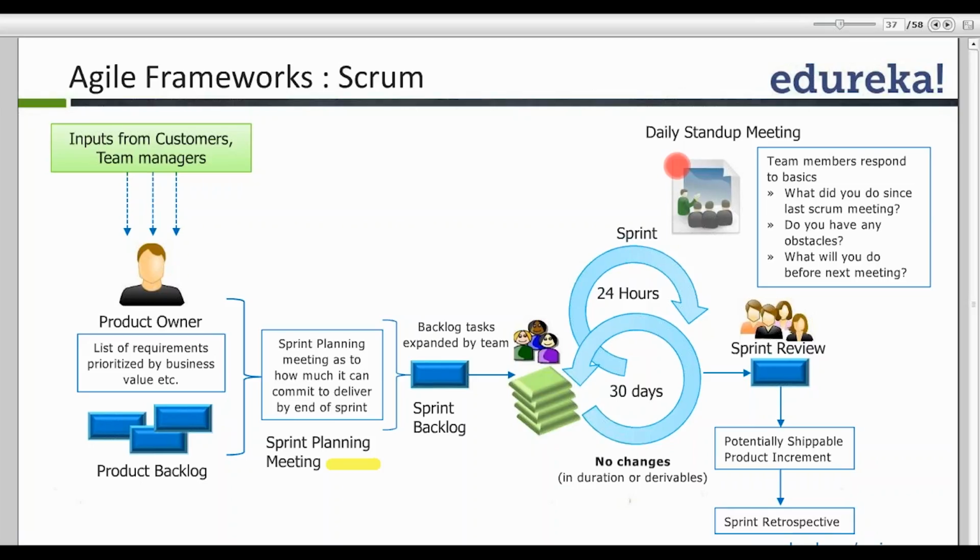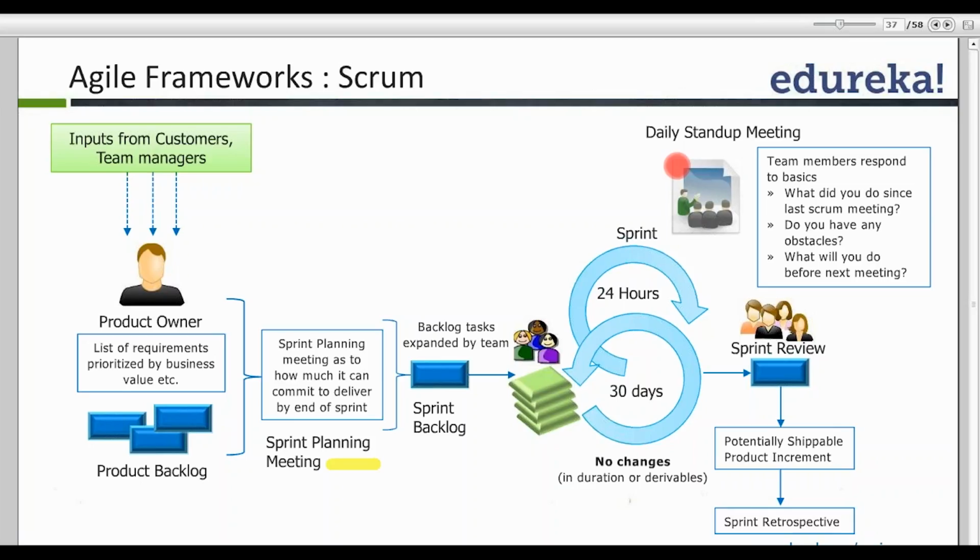So if there are team members who are reporting that, okay, I am blocked by something or there are some obstacles I am having, the Scrum Master will just have to note this down. He or she is not supposed to offer any solution at this point in time. And later on, the Scrum Master might schedule a meeting with the product owner to get a clarification on the block. But in a daily stand-up meeting, as I said, it's only the team members who respond to the three